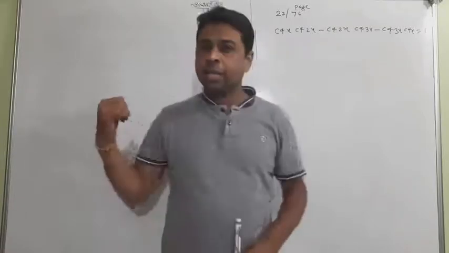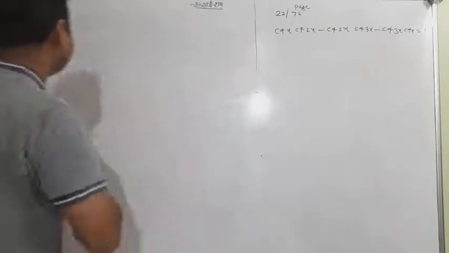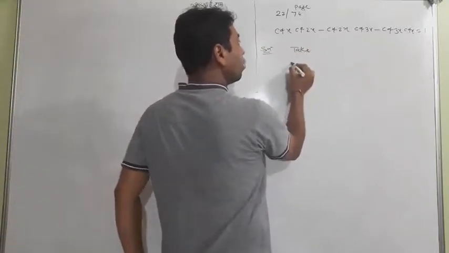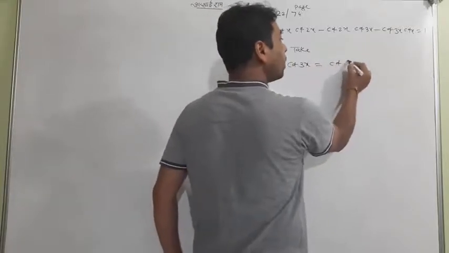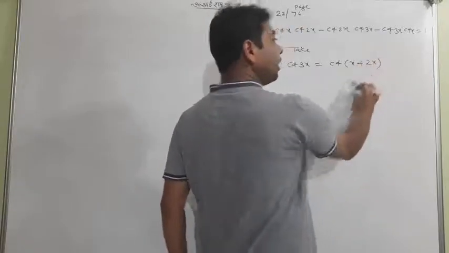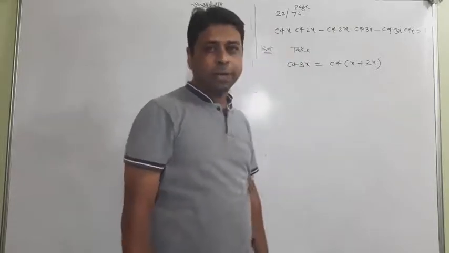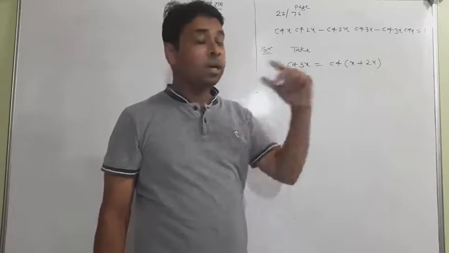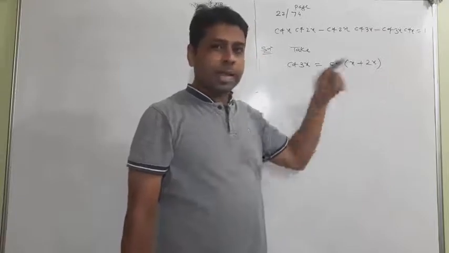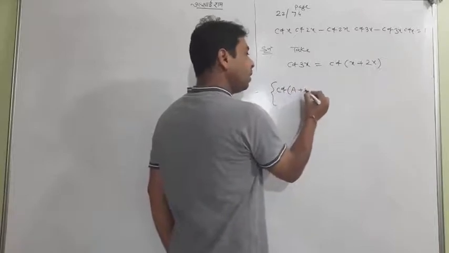Last time I used tan of a plus b because I split 3x as 2x plus x. This time I start my solution by taking cot of 3x, which is cot of x plus 2x. Unfortunately, I didn't tell you the formula of cot a plus b, so I will tell you now. I don't want to do the derivation; it is the same as tan a plus b, using sin a plus b upon cos a plus b. So add this formula to your list of formulas.